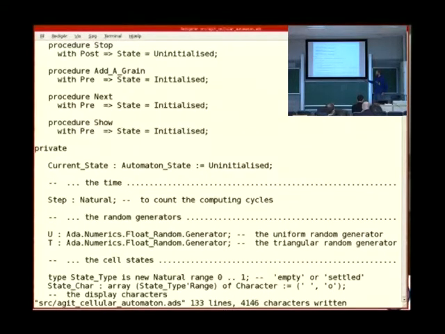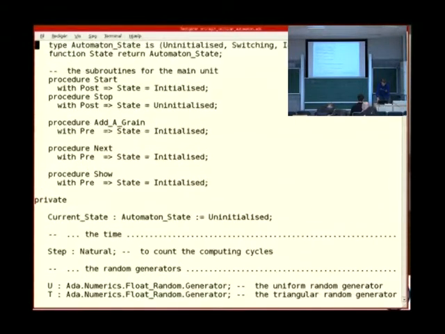So, when we go through here, what did we say? We said now we have also a variable keeping the state. Start, well, it is initialized after we've done it. But before we said it should be uninitialized to avoid memory leaks.